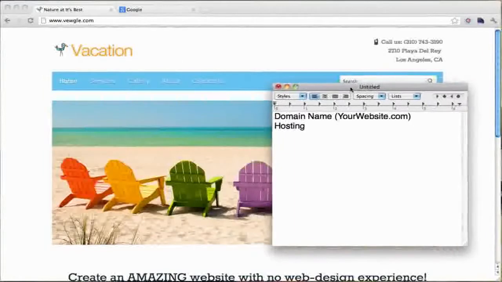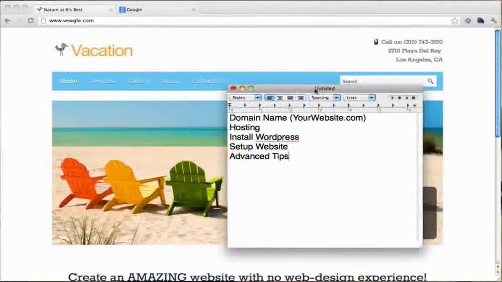Now, we also need to install WordPress, and WordPress luckily is free, so that's pretty good. And we also need to set up our website. All right, so we need to get our domain name, our hosting, we need to install WordPress, we need to set up our website, and after we set it up, we're going to do some advanced tips. So I'm going to give you some advanced tips that web developers use. Again, you don't need to have any prior knowledge, any HTML, CSS, but I am going to show you some CSS coding, and I'm going to show you the way web developers do it